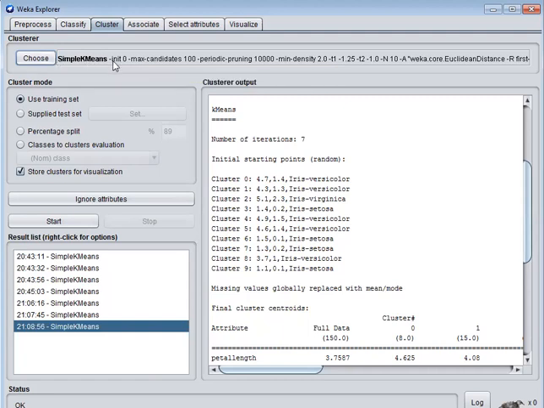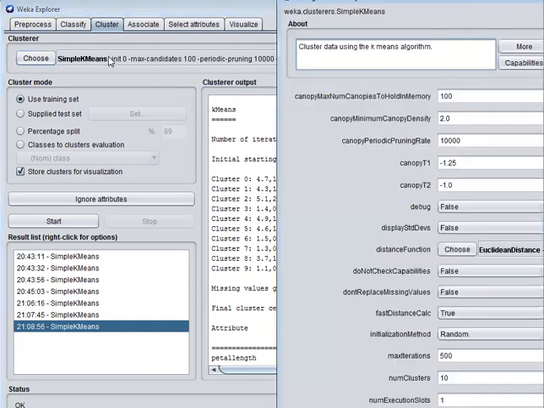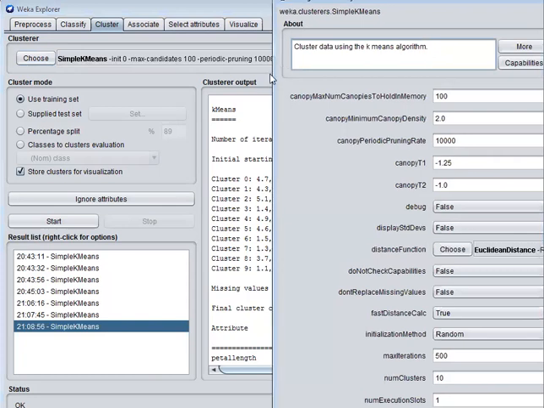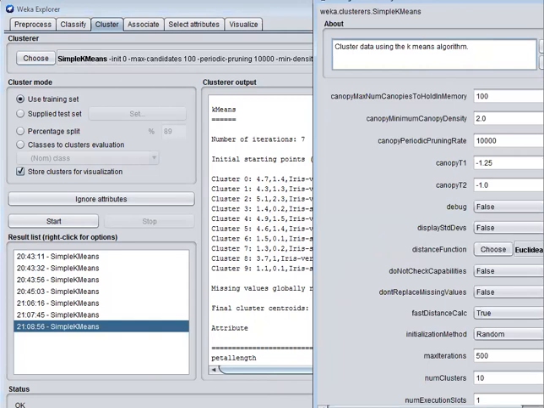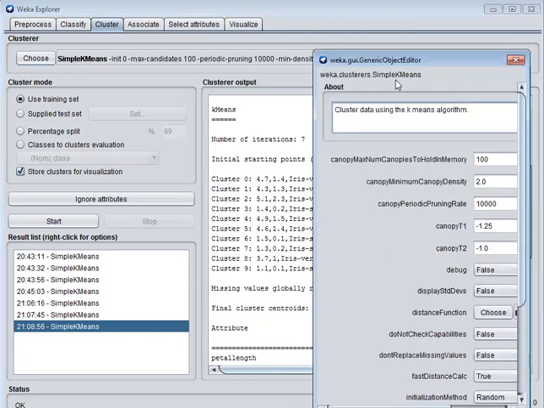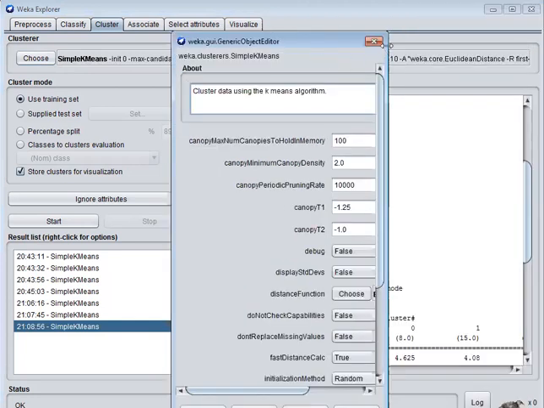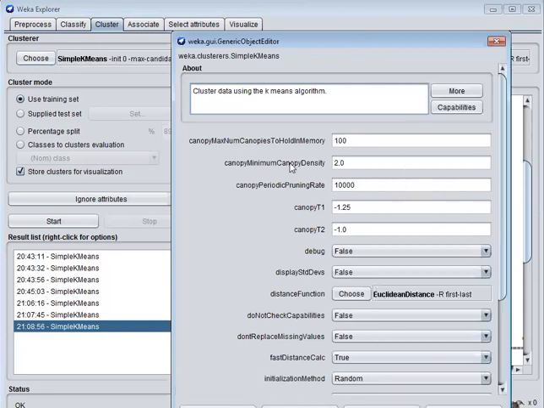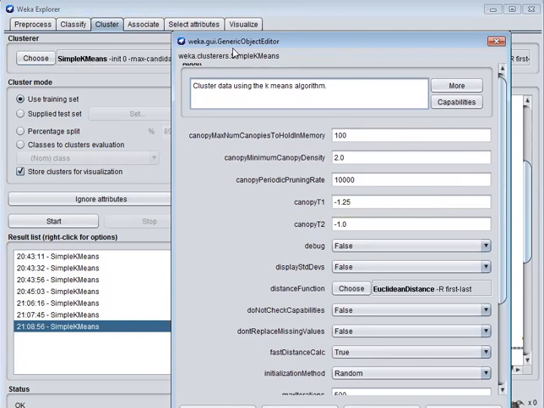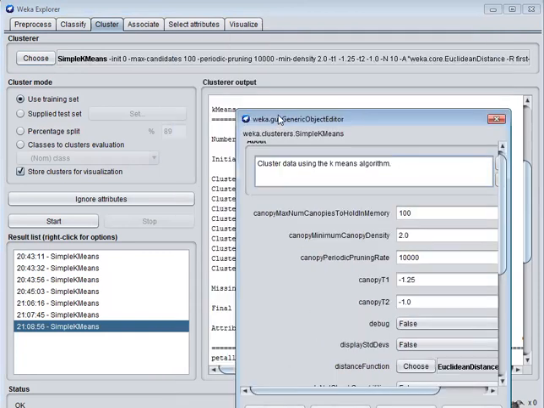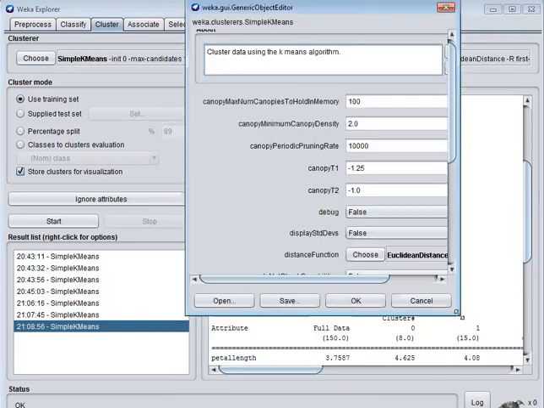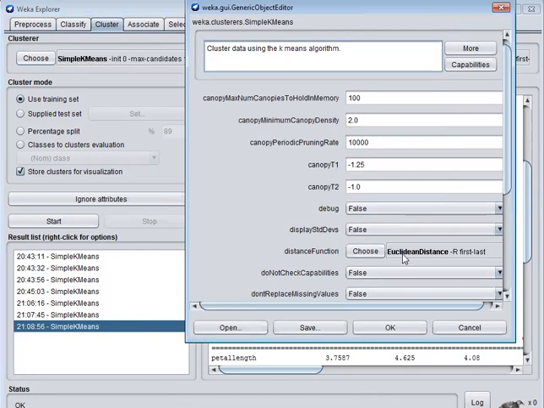When we choose the K-means cluster, the generic object editor is displayed. Here we choose the distance function as Euclidean distance from first to last attribute.